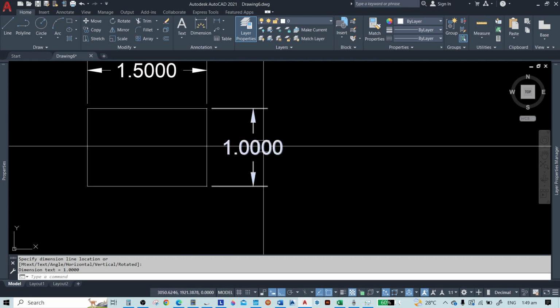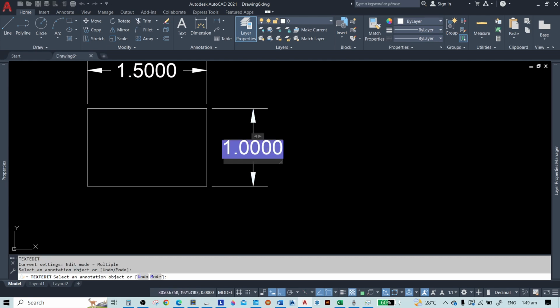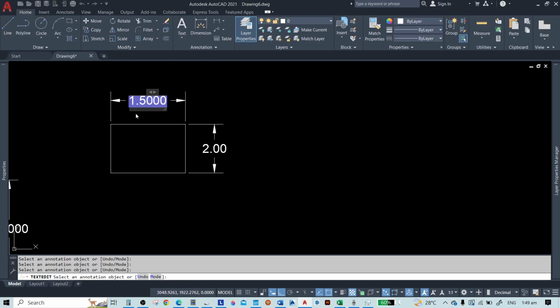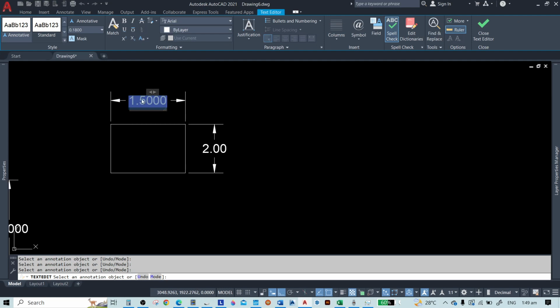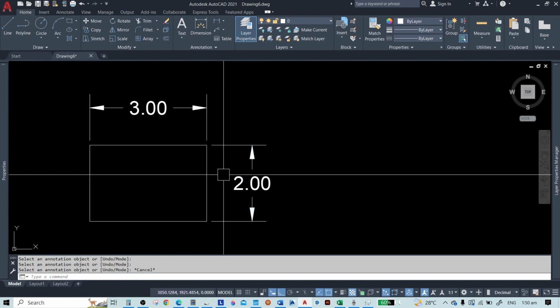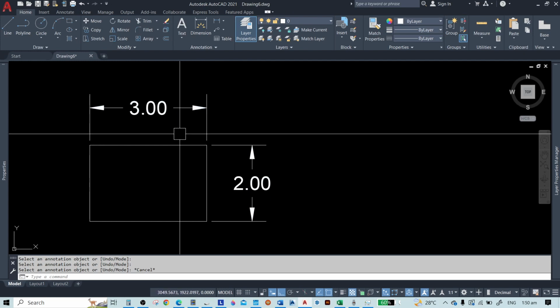Now some do this trick. They edit the text, say 2, or depends upon the decimal point, let's say 2 decimal points. So also this one 3.00. So this one is a bad drawing or scaling technique.